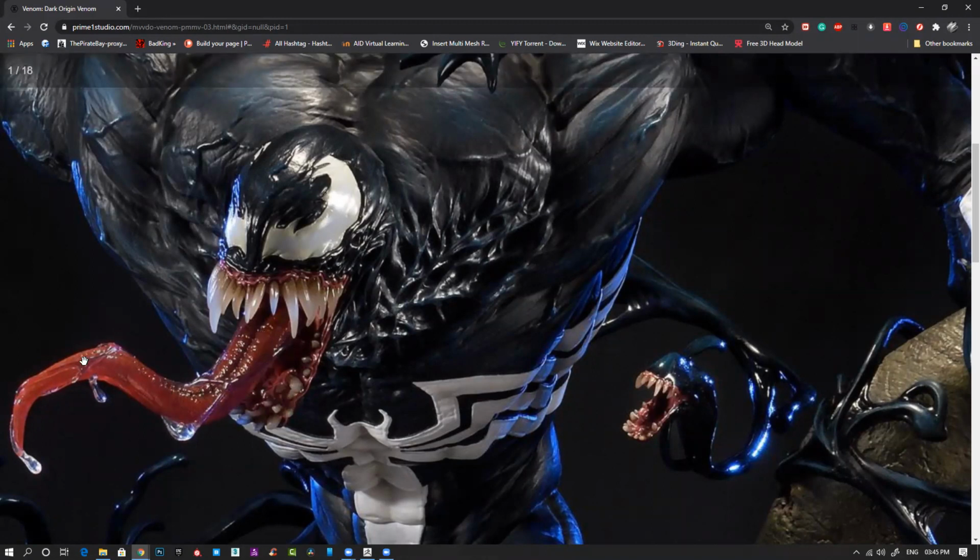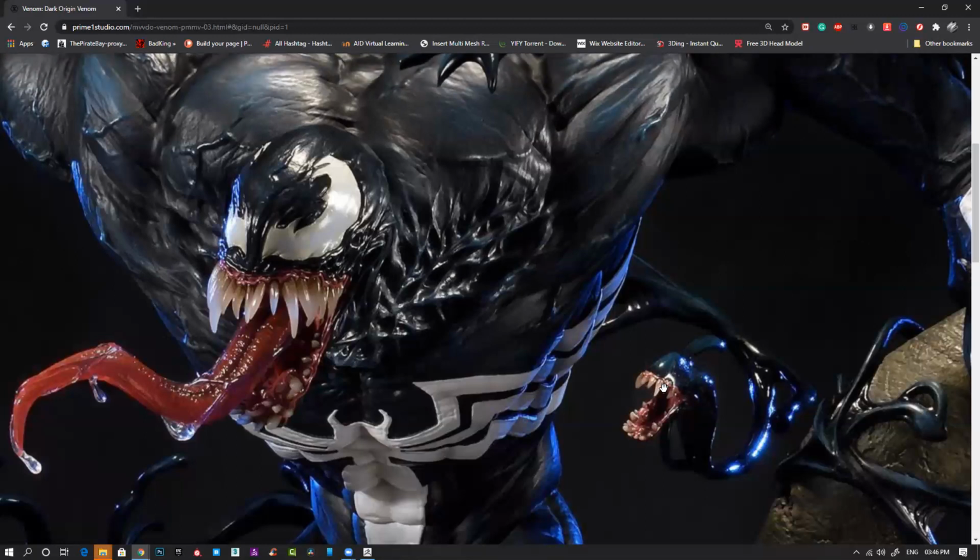So try to keep all those things separate, like this part should be a separate subtool. Your tongue should be a separate subtool. Plus this saliva should be a separate subtool. Your teeth, all the teeth, should be a separate subtool. Plus this gum should be a separate subtool. It will become easy to control this mouth, head, and everything. And if it is possible, create this eye also as a separate subtool. All these slimy things, separate subtool. Do not try to push and create everything from one subtool.